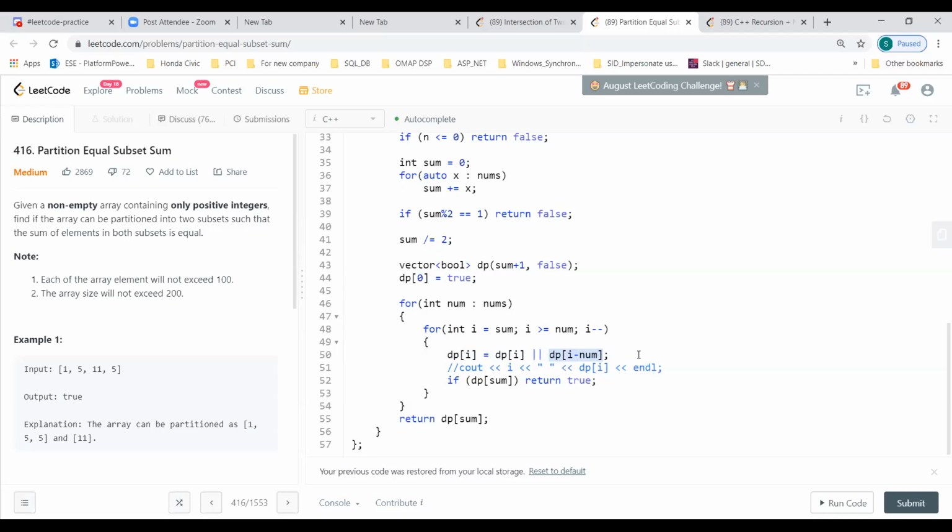Yeah, we just have to make sure to check that condition: if I minus num is greater than or equal to 0, then only we call. What would C++ do? Garbage value if I minus num is negative. Yeah, that's a segmentation error, the array indexing will be a problem. But if it is from left to right, it will have to be implemented a different way.